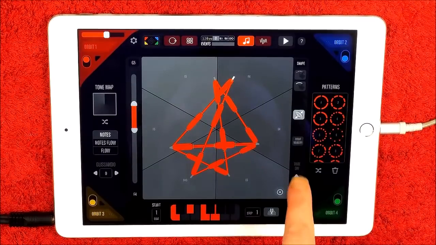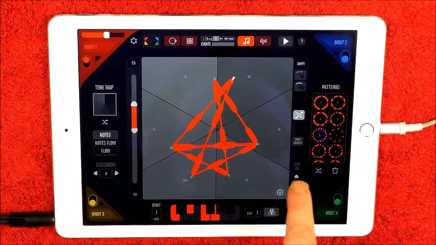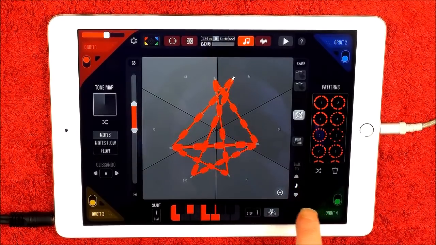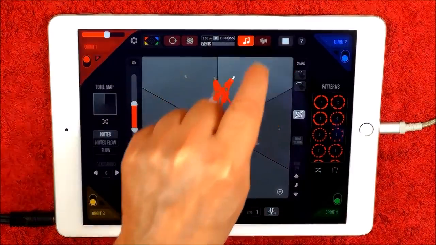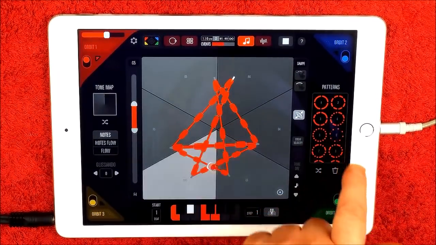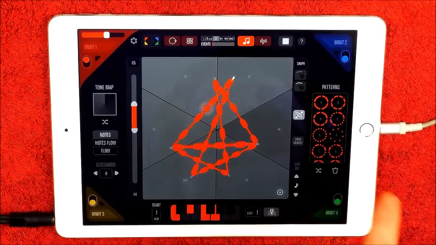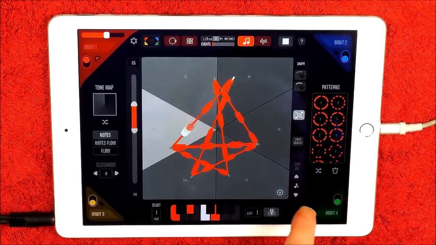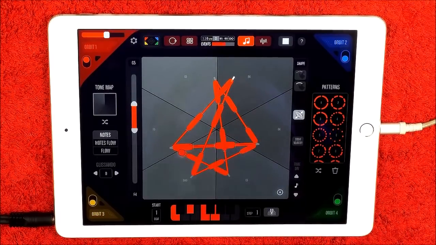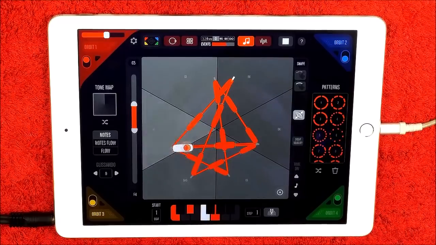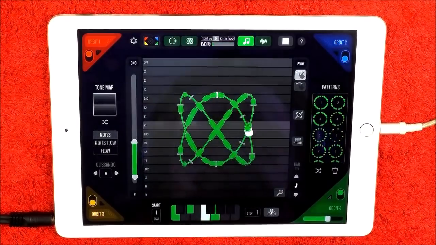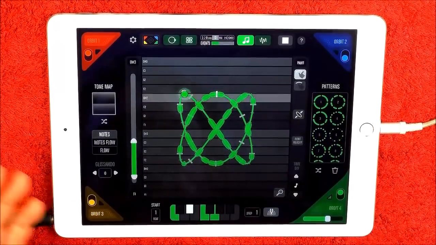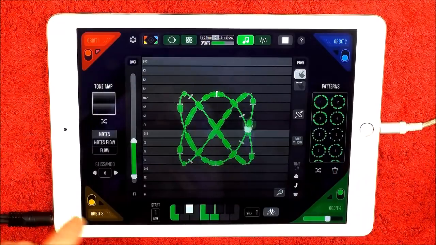You have the time divisions here. And at any time, of course, while you're in any mode, you can